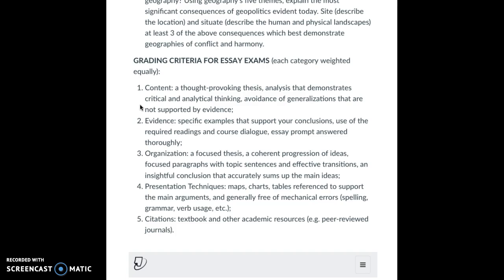And lastly, the citations, the textbook and other academic resources, the peer-reviewed journal, for instance, students post, making sure that you cite them, that you include an in-text citation in the proper MLA or APA format. And that will help cut down on the amount of space in your paper if you do that correctly, and add to the scholarship of your paper, the professionalism, if you will.